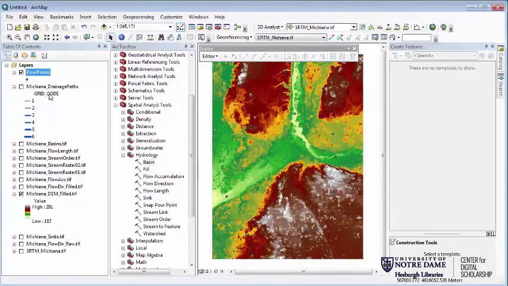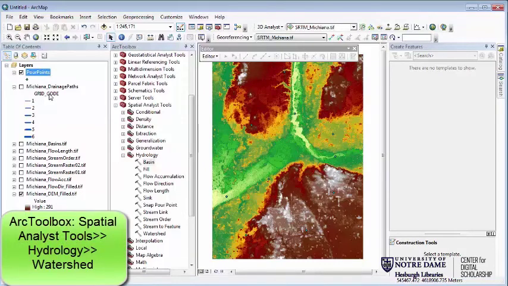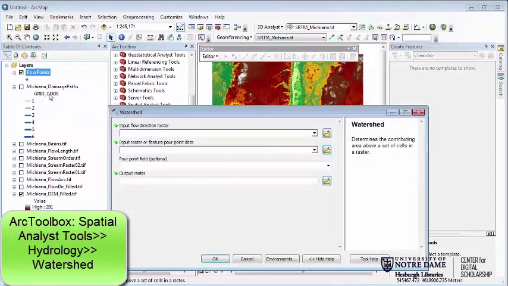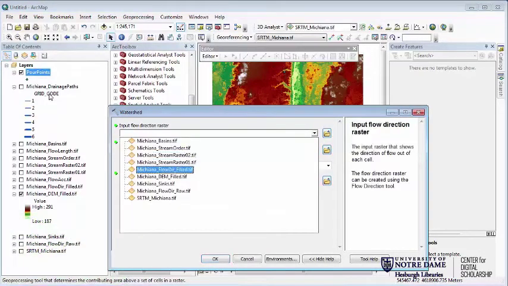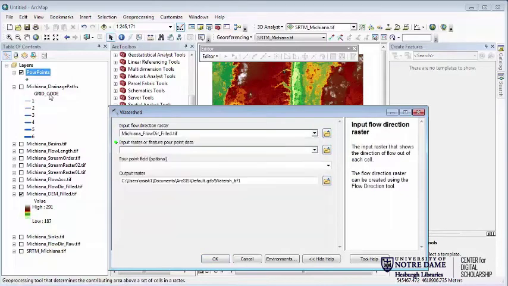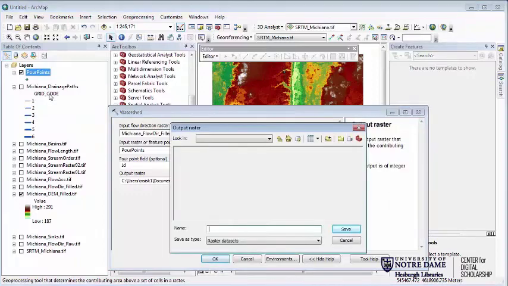We're going to be able to see what the catchment is for each one of those points by using the watershed tool right here. So the first thing it wants is the flow direction, Michiana flow direction filled. The next thing it wants is the raster or feature point pour point data. That's what we just created. Ours are features right now, so to bring that over, it's going to ask you what the pour point ID field is. In this case, it's ID. And I'm going to give it an output